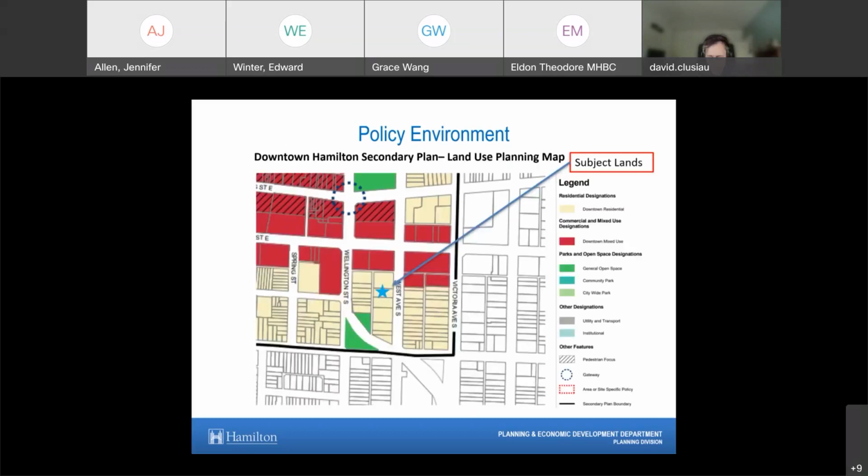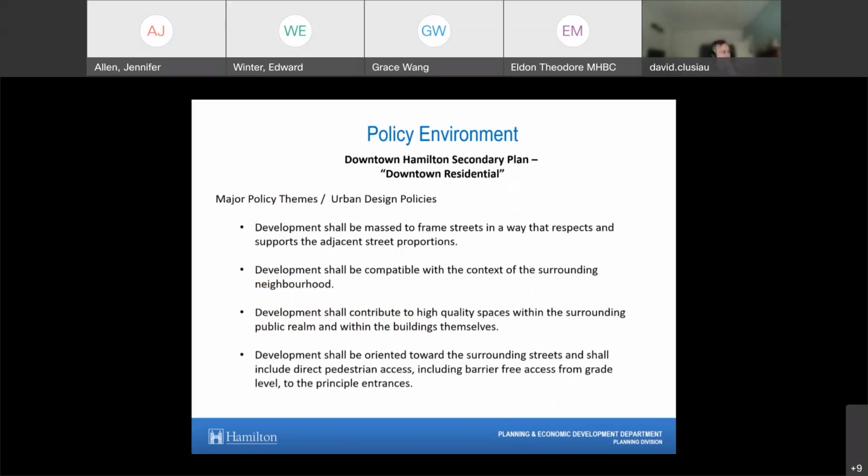So the subject lands are located within the Downtown Hamilton Secondary Plan area, and the subject lands are designated as Downtown Residential. Major policy themes for the Downtown Hamilton Secondary Plan include that development shall be massed to frame streets in a way that respects and supports the adjacent street proportions.